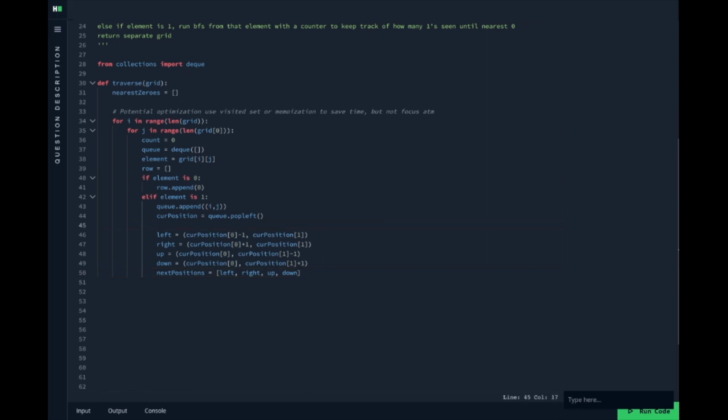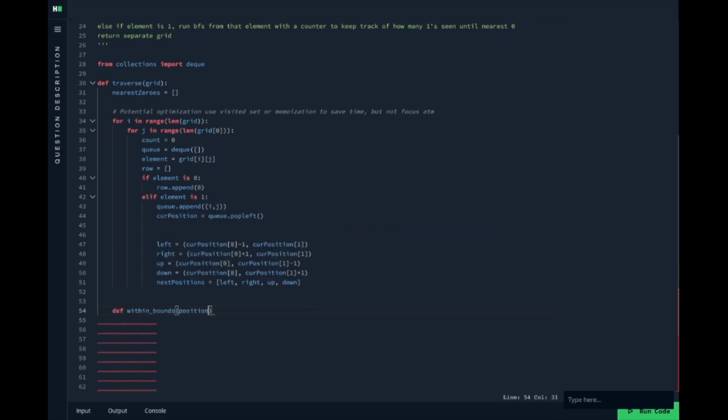Around here, how to check for the bounds. For the helper. And if 0 is greater than 2,